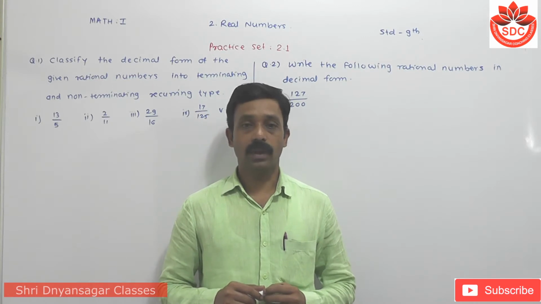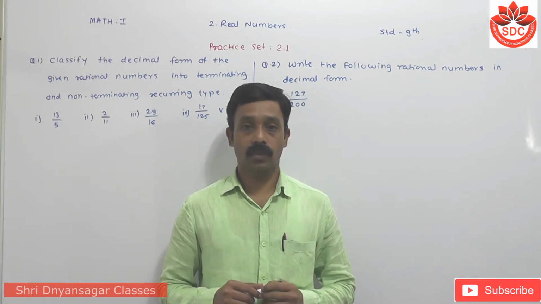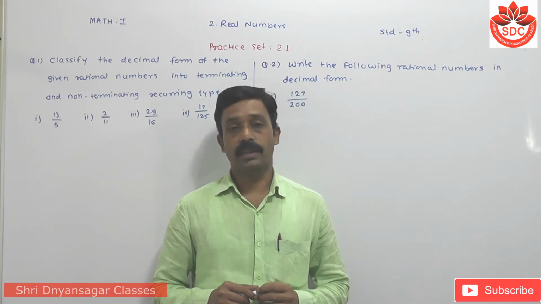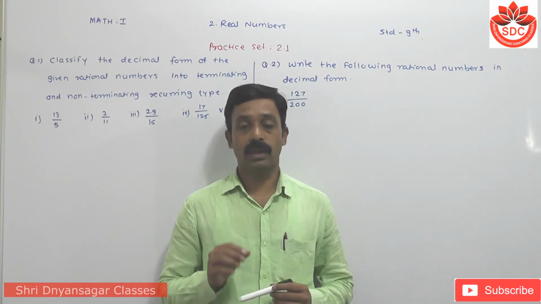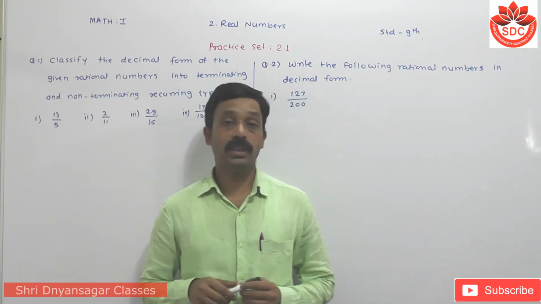We have to discuss chapter 2 of the mathematics part 1 of 9th standard, real numbers. The first practice set is 2.1. Up to this, we have discussed the recurring and non-recurring types of real numbers. Now the first question is that